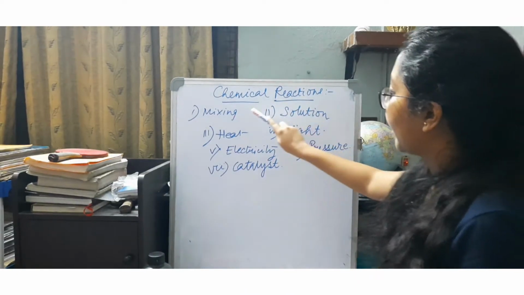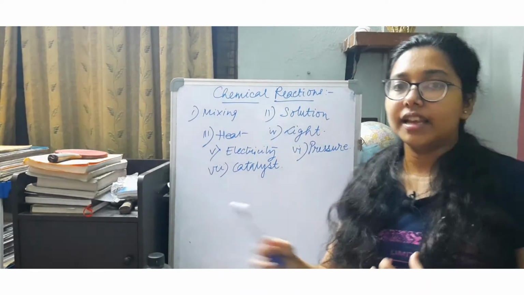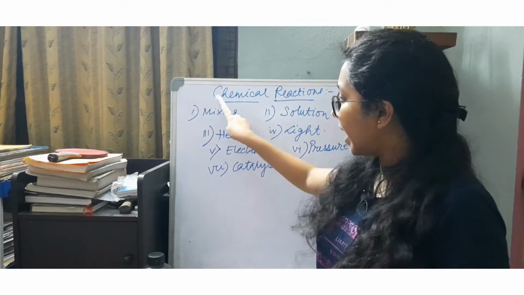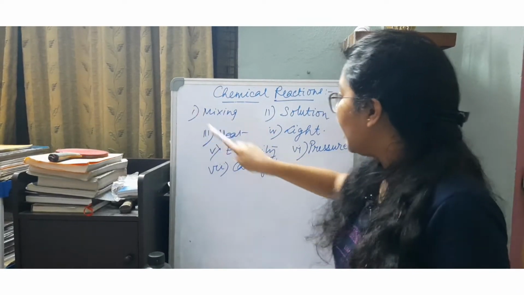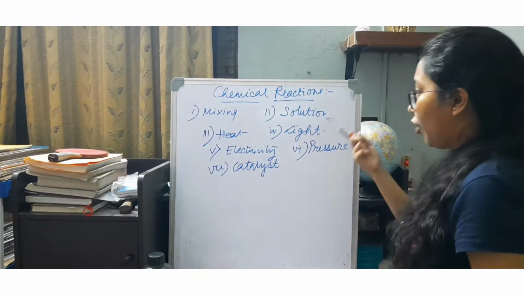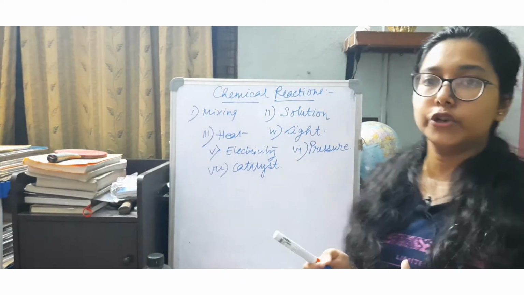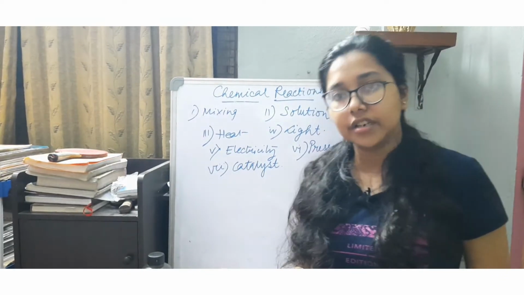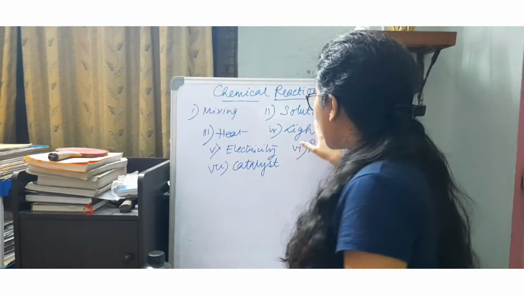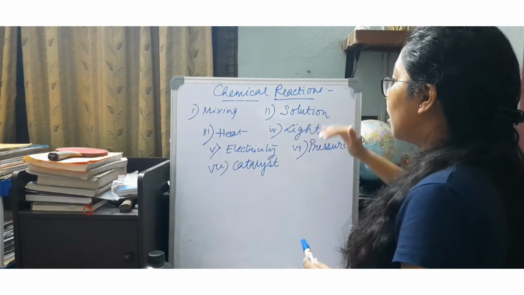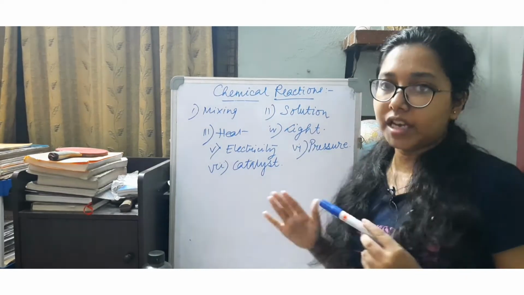The first thing is mixing when in close contact. So in certain chemical reactions there is mixing involved. In certain chemical reactions it can be in a solution form. Maybe the reactants are in a solution, or a solute dissolves in the solvent and there is a reaction. So solution form is one more type in which the chemical change or the chemical reaction may